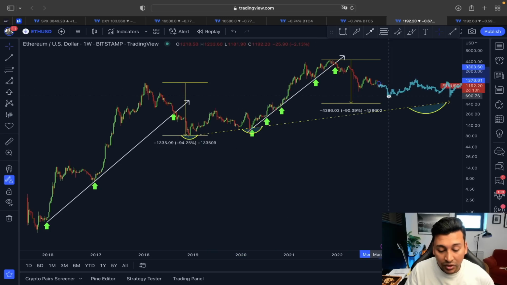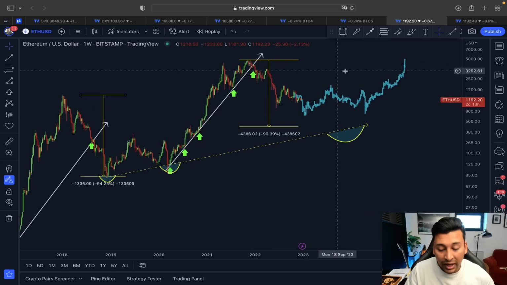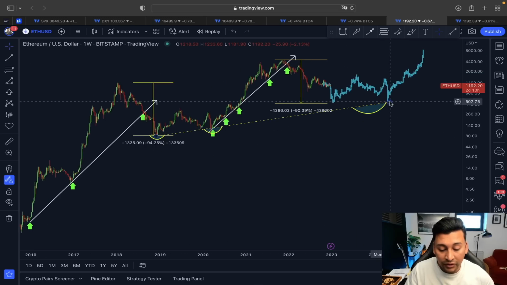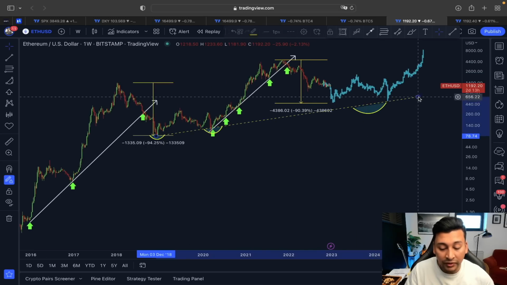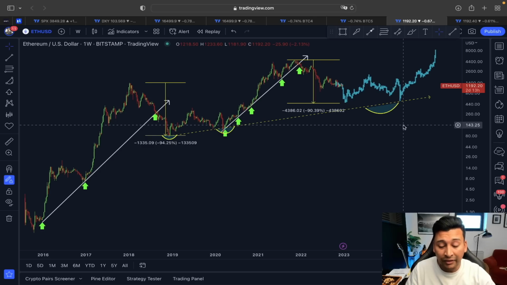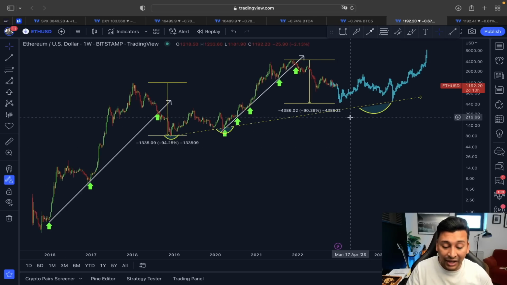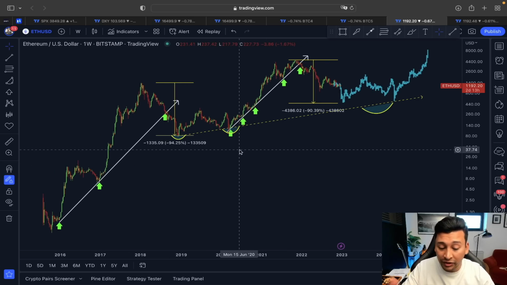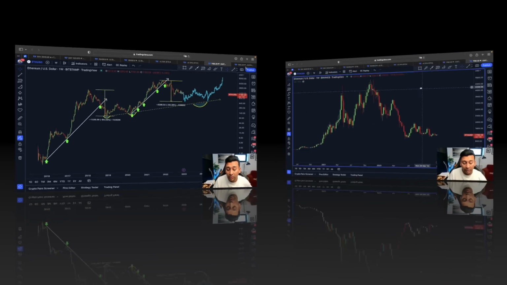Nice price showing more of a range bound and slowly getting attracted towards this rising trend line, which could bring the price of Ethereum around 400 to 500 before finding actual bottom and also starting with this new markup phase. Because if we look at this price structure, not just only using this trend line, but also here like this,